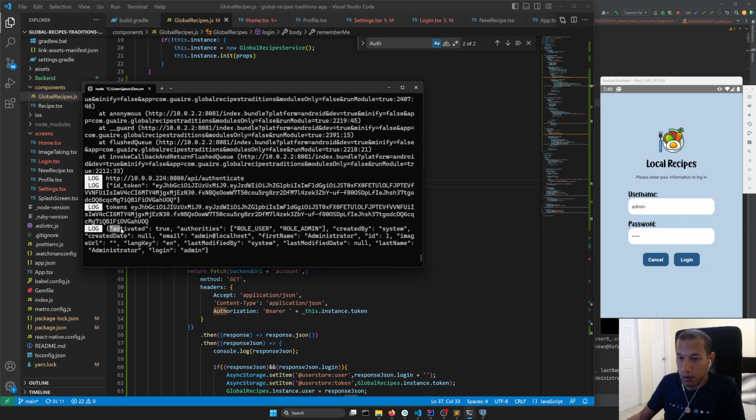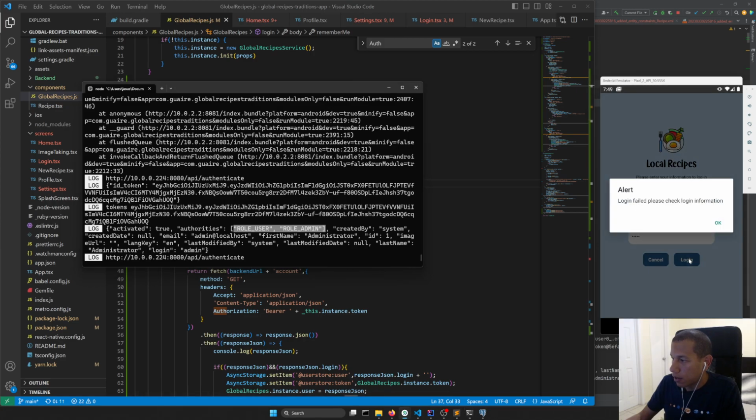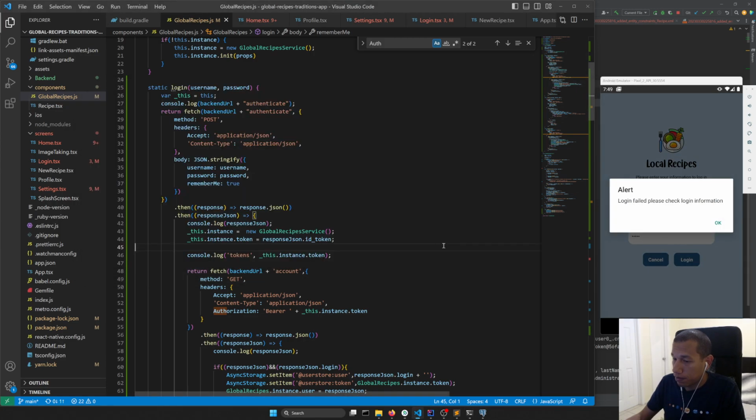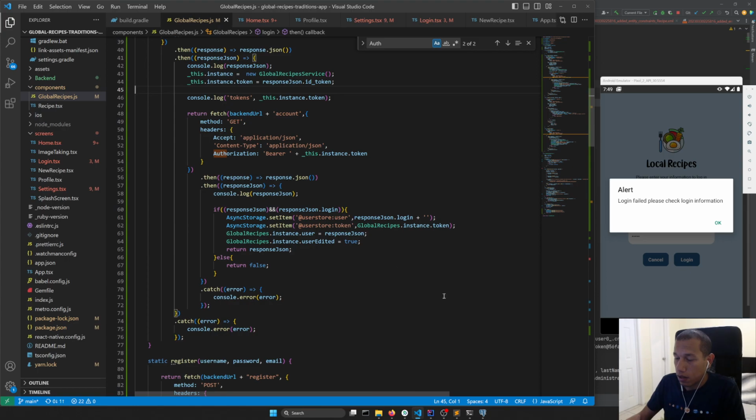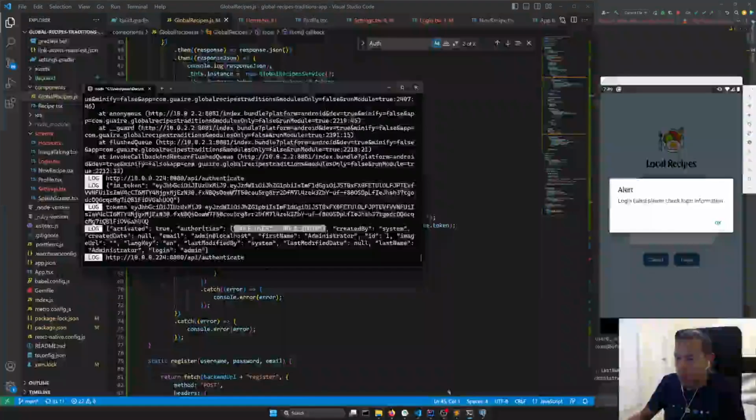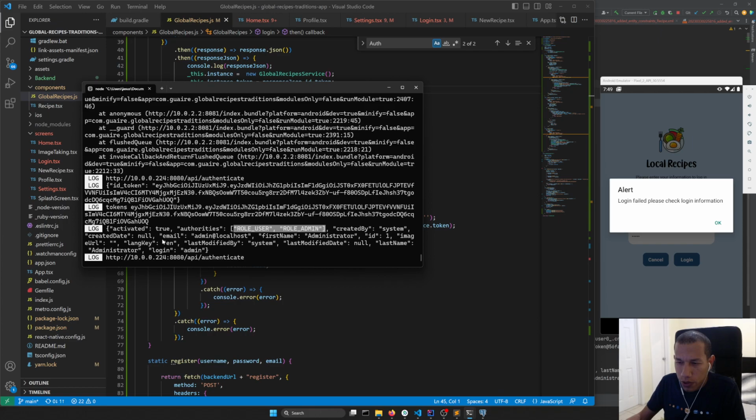It even gave us all the information from the user, you see? Login admin, it's an administrator. ID 1. First name administrator, etc. So it's logging in, but it's giving us an error. I don't know why. Let's see where is that error exactly. So after it prints the user,